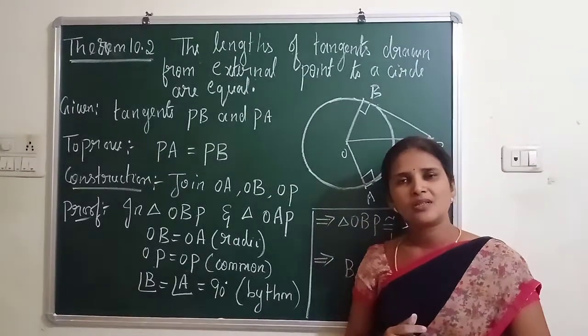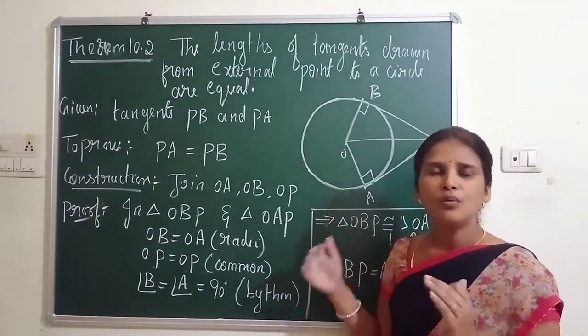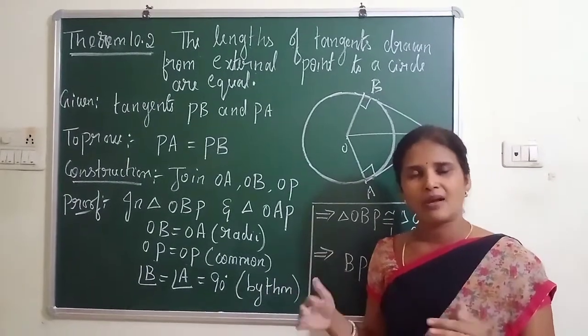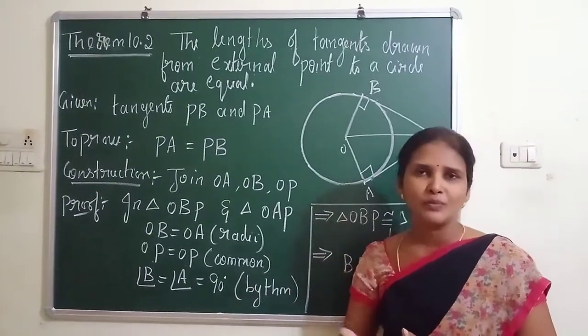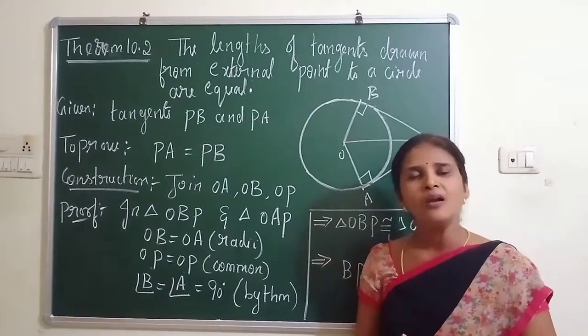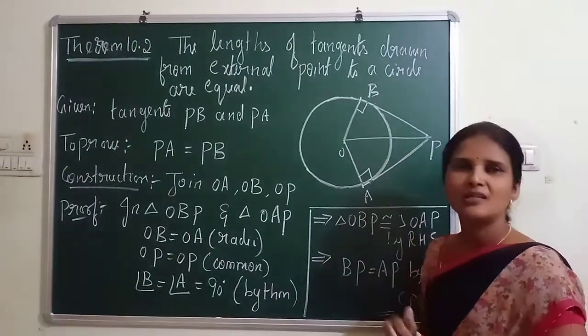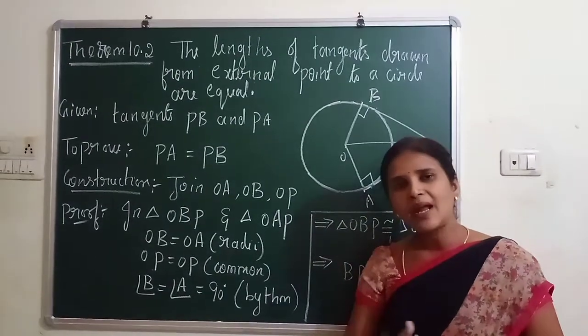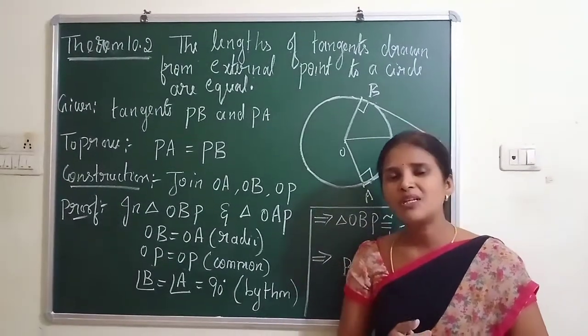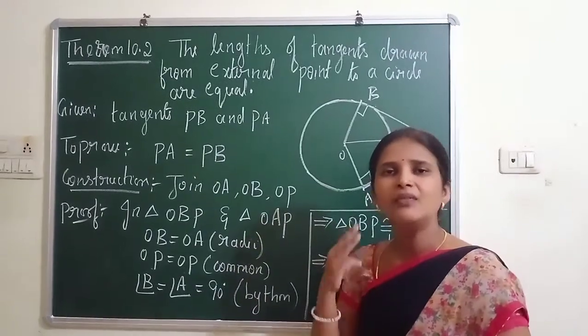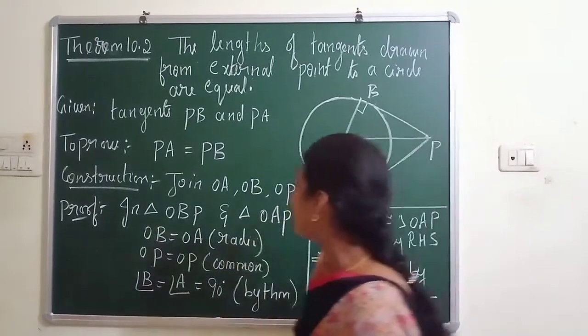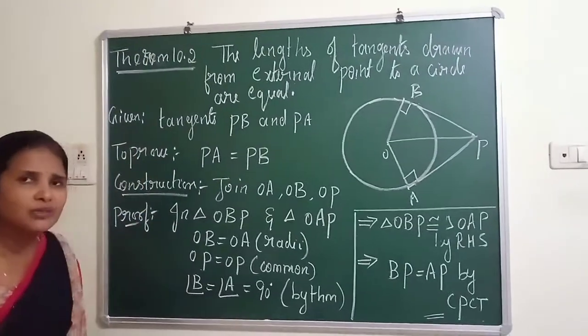In the previous sessions or classes, you know what the concept of congruence is. I already explained the types of congruence conditions and the meaning of congruence. So now let us prove that these two triangles are congruent. To prove two triangles are congruent, how many matching pairs are required? Exactly, we need 3 matching pairs. Now let us find out the 3 matching pairs.